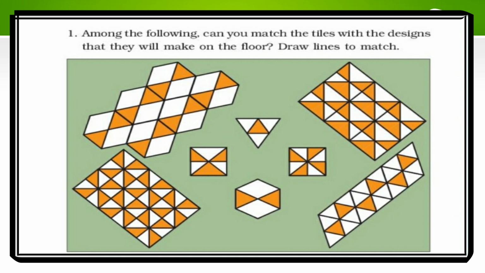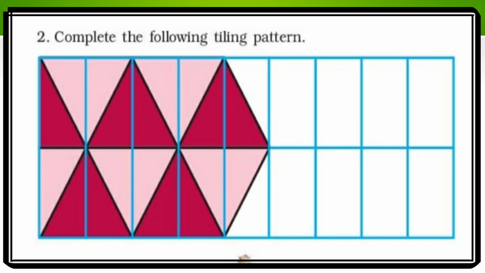Next one is this tile. Can you tell me which one it is? Yes, it is matching with this one. Here you can see a bigger triangle. Here also the bigger triangle is there and then two small triangles. In this also there are two small triangles. Now you can see this one is left. It is matching with which tile? Yes, this is matching with this tile. Now just tally your answer with mine.